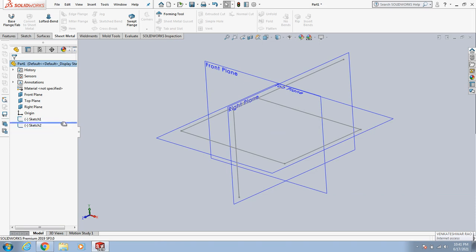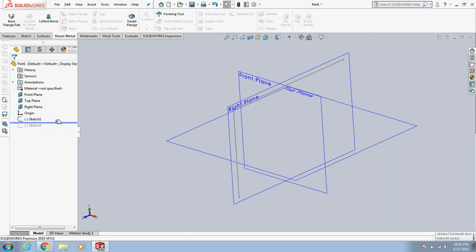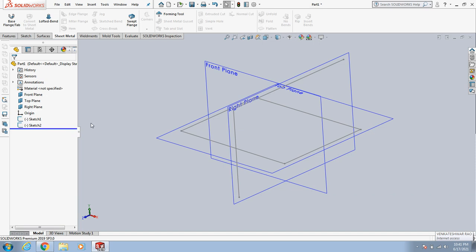What is the benefit of rollback? We can roll back and see the features one by one. Here, see, what the first feature is, what the second feature or second sketch is, like this. Now again, hide or show. In a similar way we can show or hide. What I did is hide the sketch. Now again it is visible. Again there is a hide.